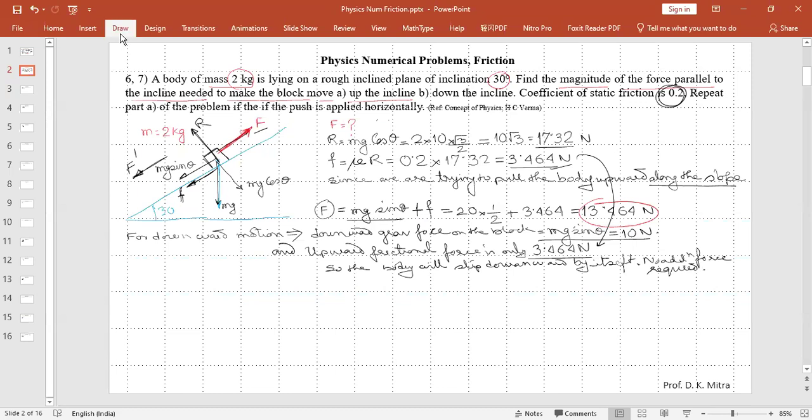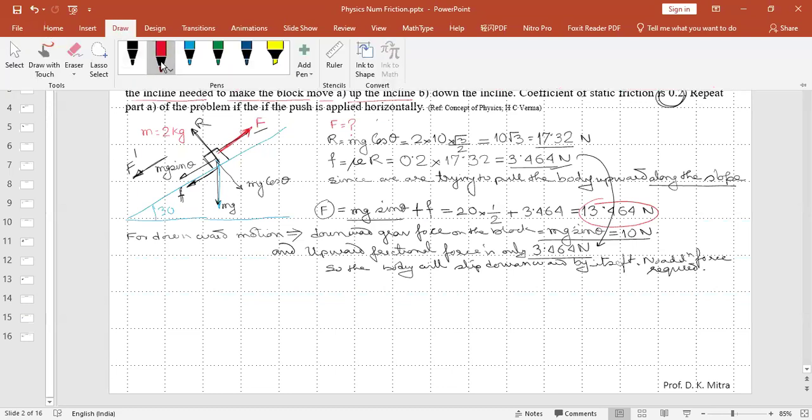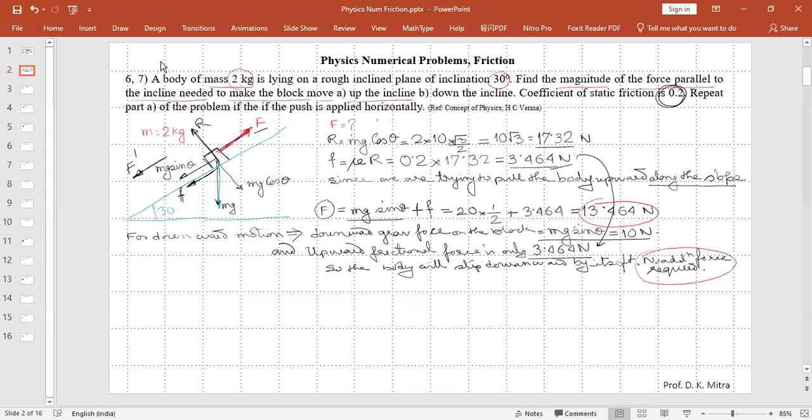So this is the second answer. That means how much additional force is required to bring it downward? No additional force is required. Next part of the question says, repeat part A. That means how much force is required to pull it upward if